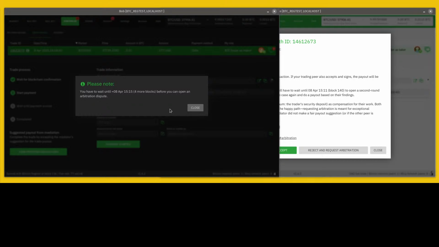have to wait, in the case of fiat trades, 20 days in order to engage an arbitrator. For altcoin trades, it's 10 days. For fiat trades, it's 20 days. But the idea is that if